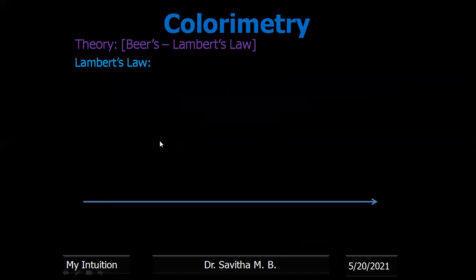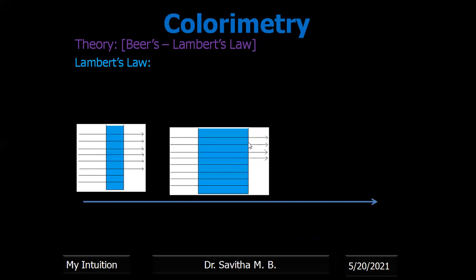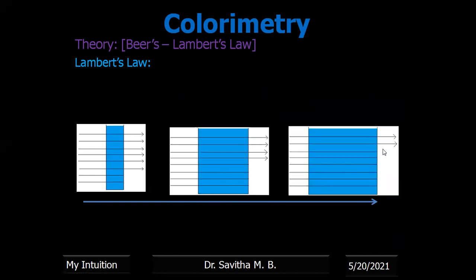Next is Lambert's law. Lambert's law states that, see, when you pass a radiation through an absorbing medium, a part is absorbed. Now what you do is you increase the thickness. When you increase the thickness or the volume of the solution, again there will be an increase in the ions because you are taking more volume. Okay. The chemical species present also will increase, therefore the absorbance will be more. See, here the thickness is increased, absorbance also is increased. Okay. See, if you still increase the thickness of the medium, again the absorbance increases. Now here you are not changing the concentration, you are just varying the volume, right?